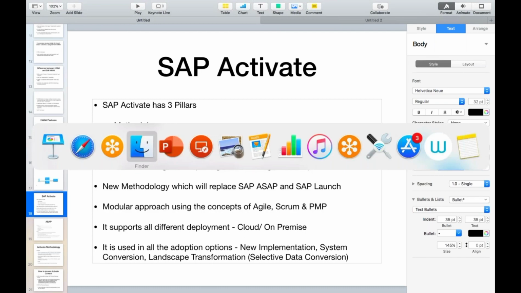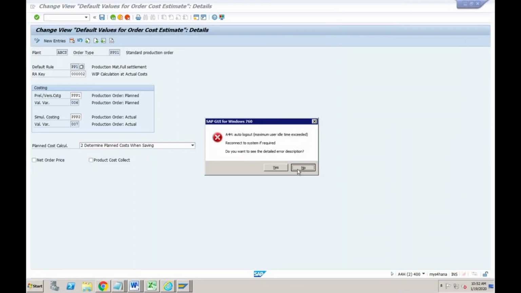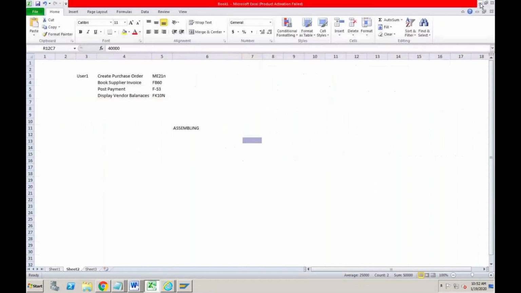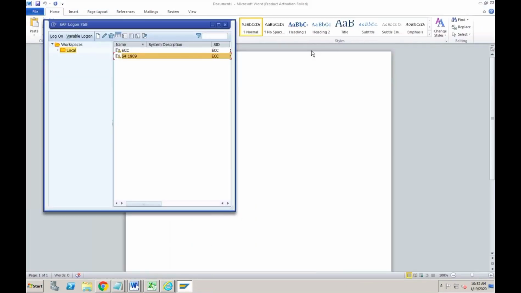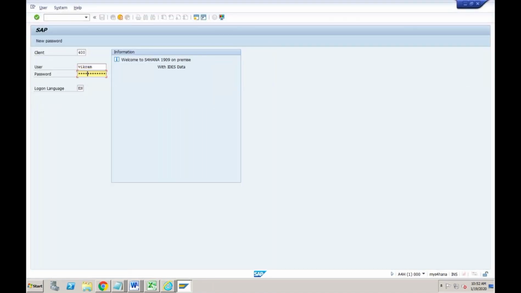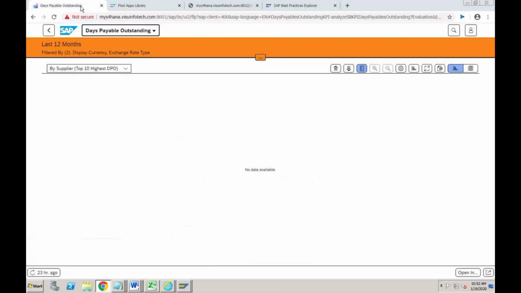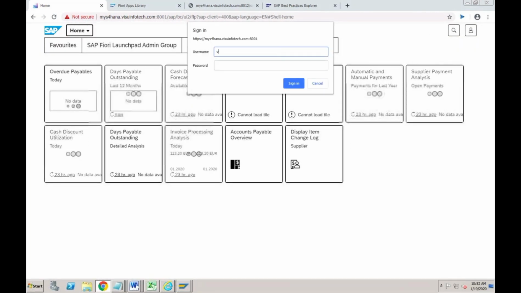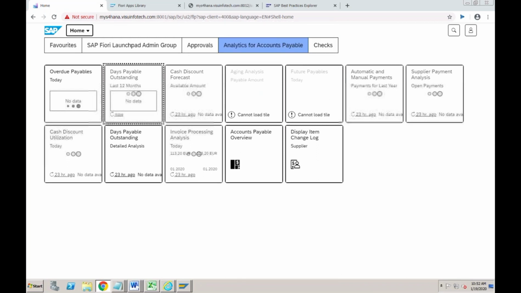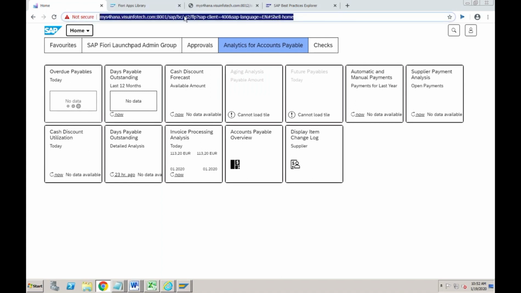So if I go to the server, let's close this related to CO. Yeah, so if you go to the system, or maybe if it is already opened, let me open the Fiori screen. Yes, so this is a Fiori screen, right? Let's go to the home page. Yesterday we already understood how to access Fiori, so you need to keep this under your favorites, or maybe you can go to traditional GUI and try transaction